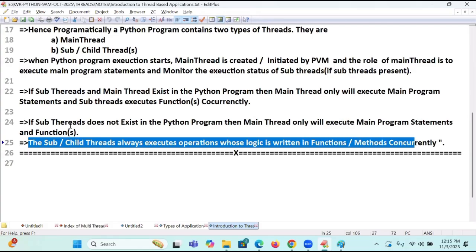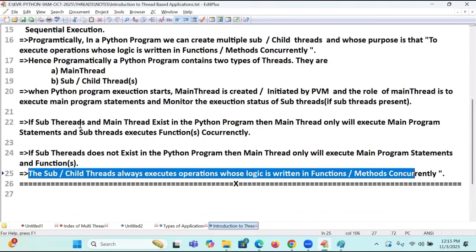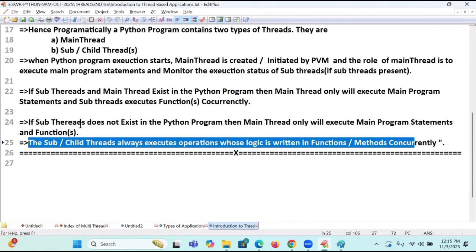So out of this entire thing, the purpose of multi-threading: how many threads are there? Each thread will do what? If only the main thread is there, what will happen? If subthreads and the main thread are there, what will happen? I just said in this case. Online students, is it clear about all these things?